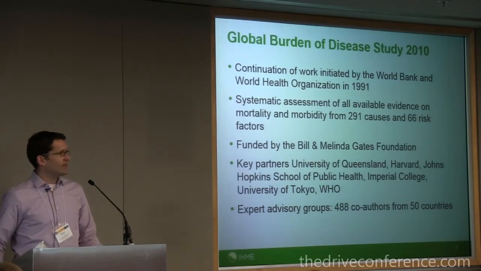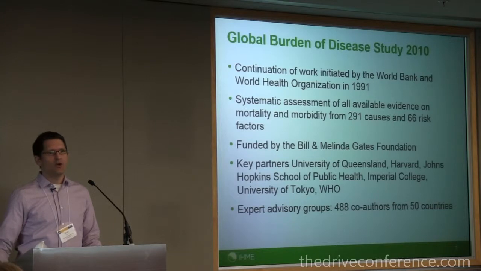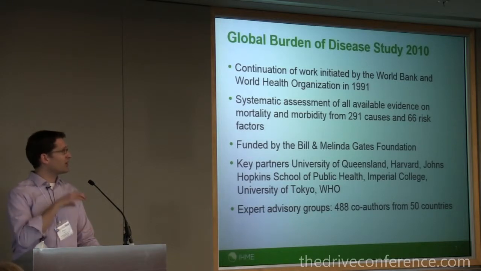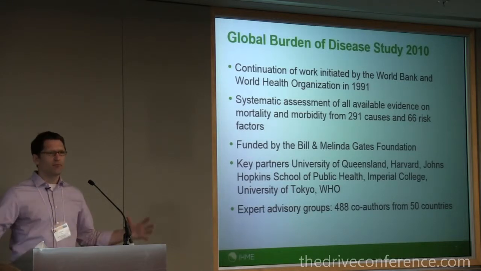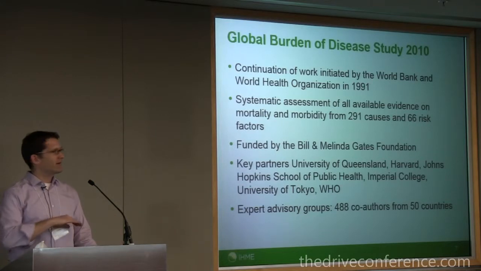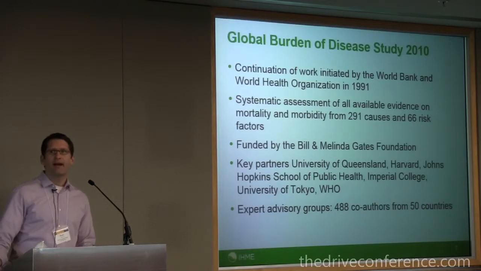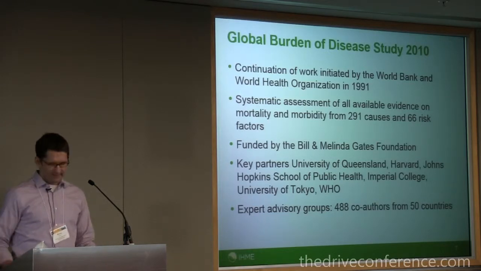In the end, on those 7 papers that were published, we had 488 co-authors from 300 organizations in 50 countries around the world. And IHME was a coordinating center, and we did a lot of the underlying computation and bringing all the results together. But almost 500 people were involved in the work at various points in time, lending data, expertise, feedback, and input to make all this come to life.